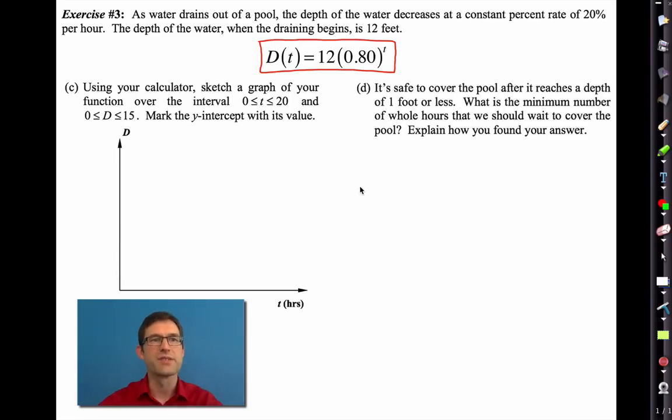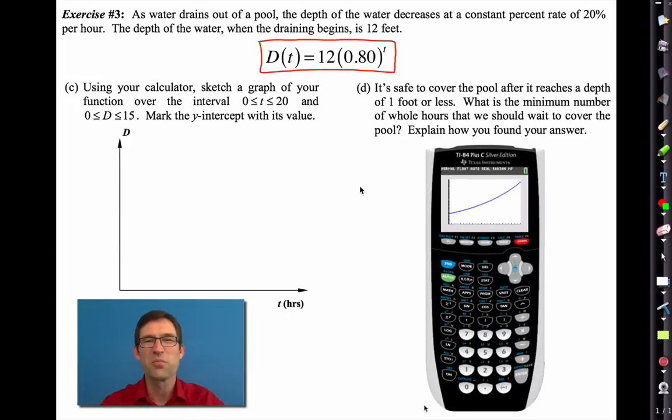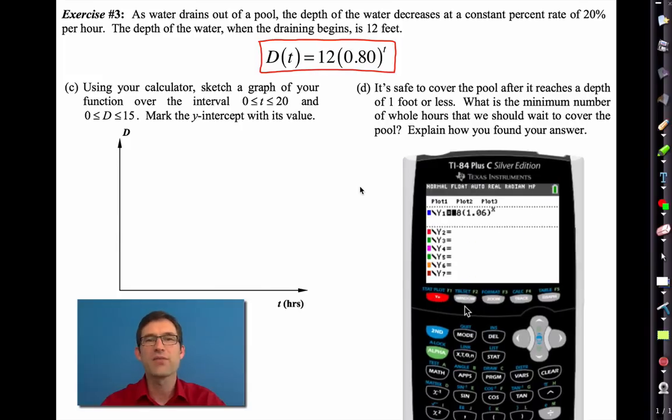All right, we're going to use our calculators again. Using your calculator, sketch the graph of your function over that interval. Mark the y-intercept with its value. Let's bring it open again. I always got to snap my fingers. There's my TI-84 Plus. Excellent. All right, sorry about the crowded nature again, but let's go into y equals. Probably going to have to clear out that last equation and any other ones, so let's clear them out. Okay, let's enter that. So in y1, I'm going to put in 12, parentheses, 0.80, or just 0.8, parentheses, raised